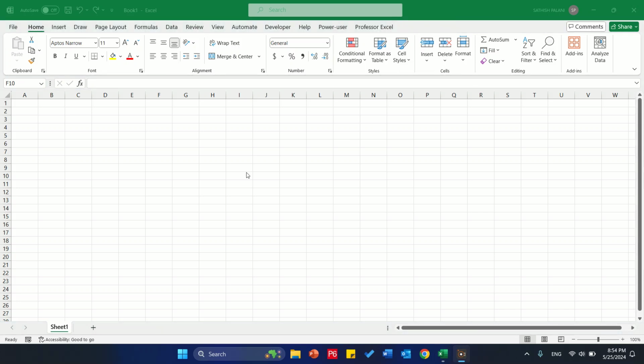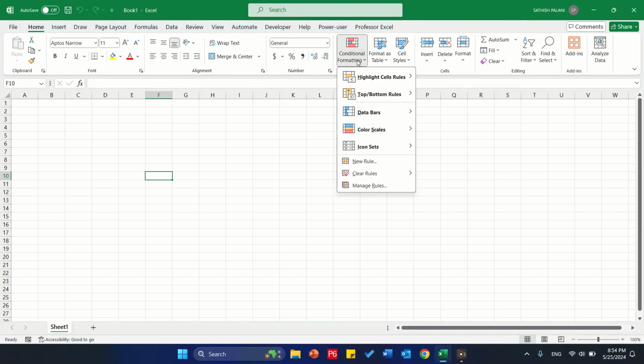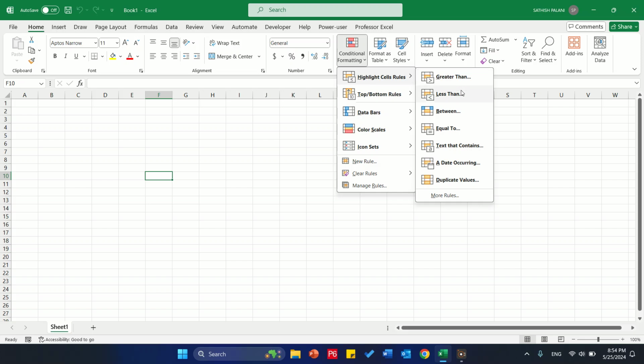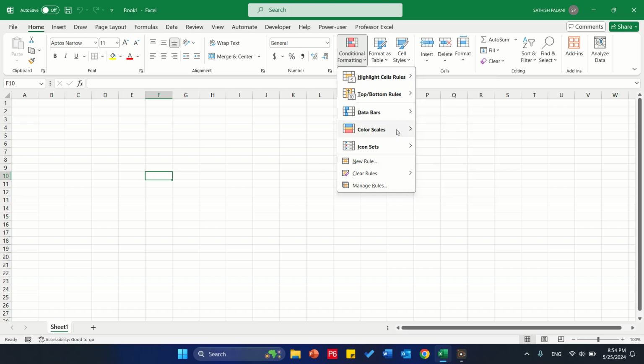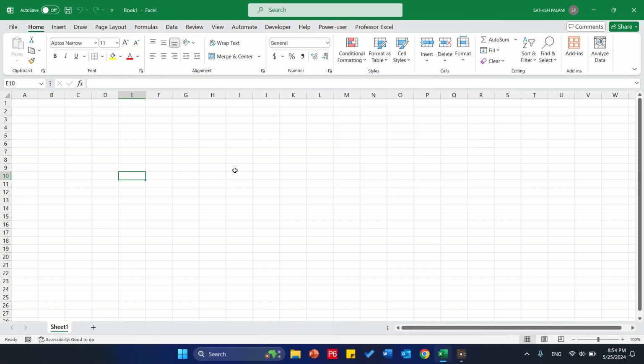Today we are going to discuss conditional formats. If you come to the Home button, there is Conditional Formatting. There are a lot of options to use. This one is just a colorful option that shows your values in different formats like high, low,